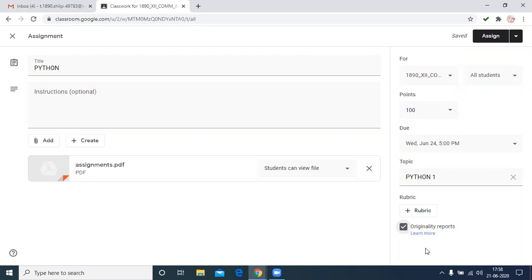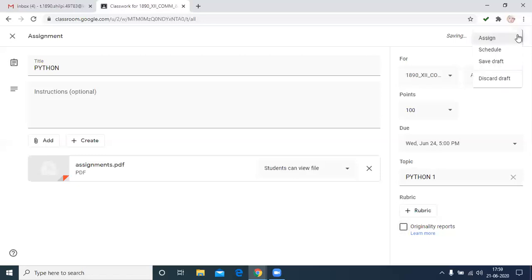It is useful when the student is using the internet or Google to give the assignments. It will be reflected. Then it will show which portion of the assignment is taken from where, whether it is the student's own or taken from other web links.